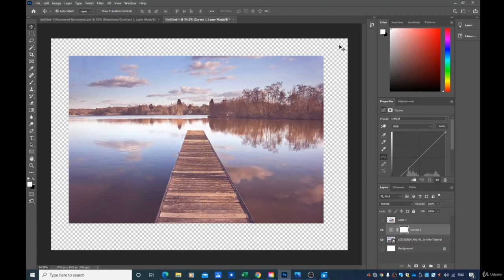So first thing that we want to do, instead of playing with the curves or with everything right here, it's gonna be good but not as good as we want it to be. So first thing, we'll simply click on auto and see what it looks like. So okay, basically that's not bad, but that's still not what we are looking for. So what we'll do, we are going to work with the three little things right here. So pretty simple. This is the darkest color, this is the brightest color, and this is the gray color inside of our picture. So we'll start with the darkest color right here,